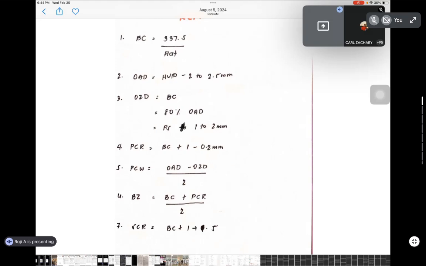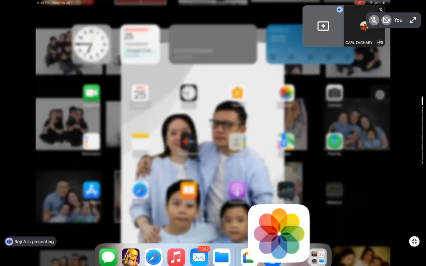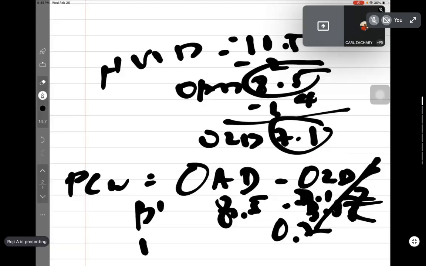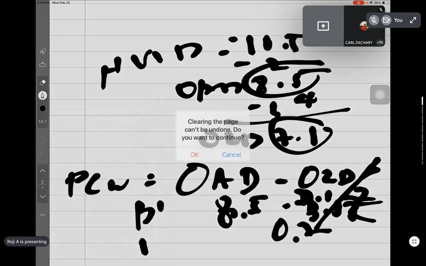Especially sections B and D, because at least I can explain to sections A and C. But for B and D, I need confirmation if this is clear. How do you get PCR? PCR is peripheral curve radius. So whenever you talk about radius, you're talking about curve, right? So if this is okay,